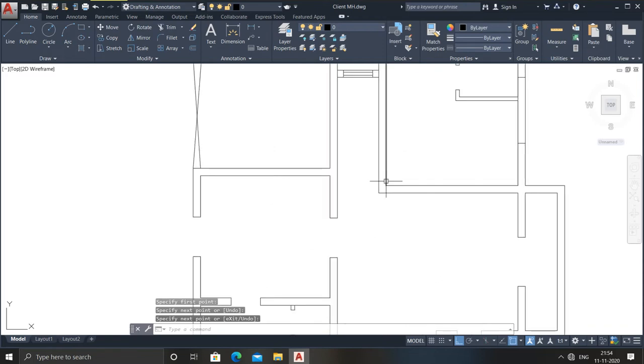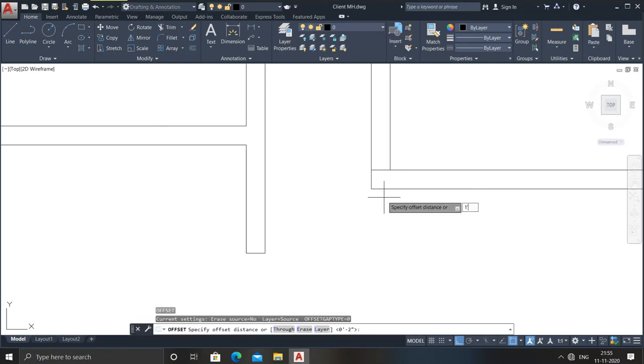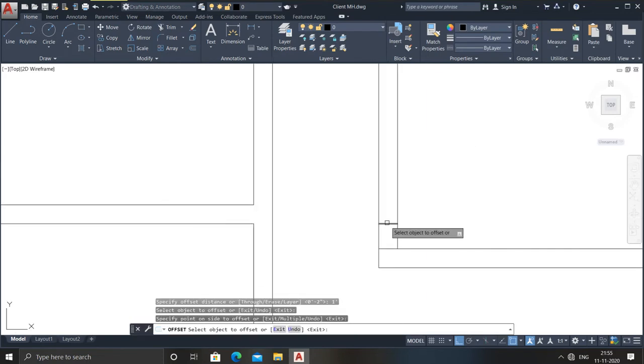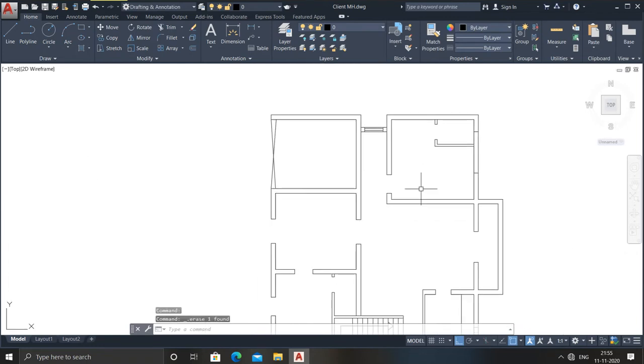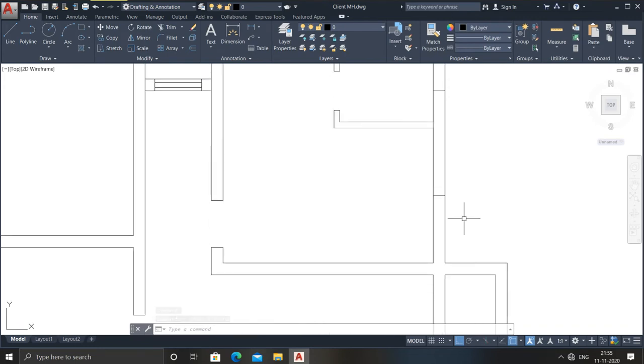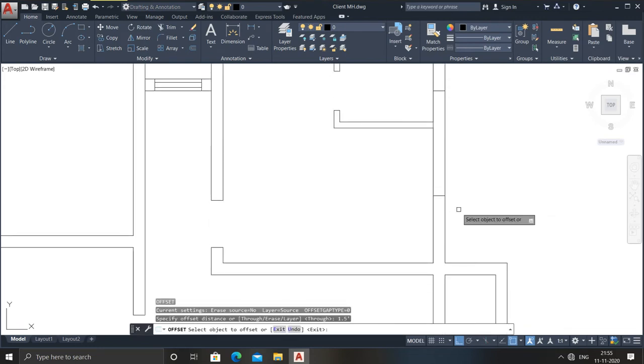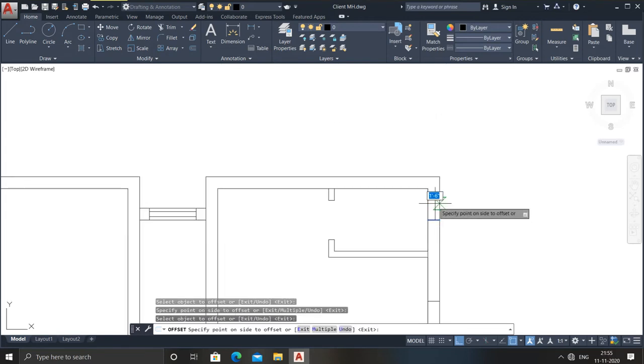See, here also I need to provide the door, right? So for the door, I need to go for the line command. I will join it. I will go for the offset of 1 feet. So after this, I need to provide the 3 feet of door. Skip it. Just go for trim. Just trim it. This also you need to trim. So go for trim command. If it is not trimmed, just click it here. See, I have trimmed it here. Now here again go for offset command of 1.5 feet from both, because I am going to place the window here. Now here 6 inches.